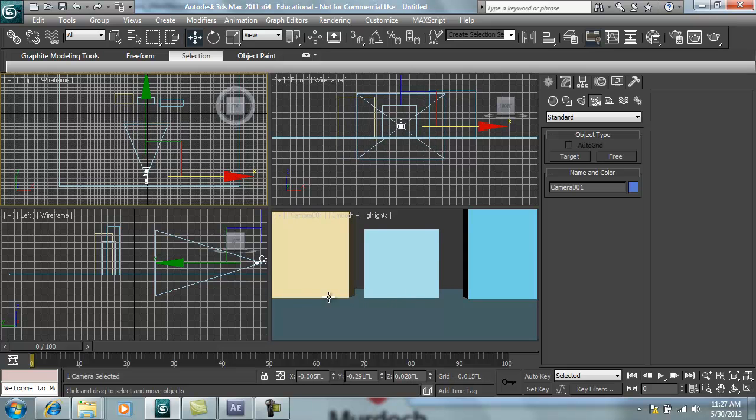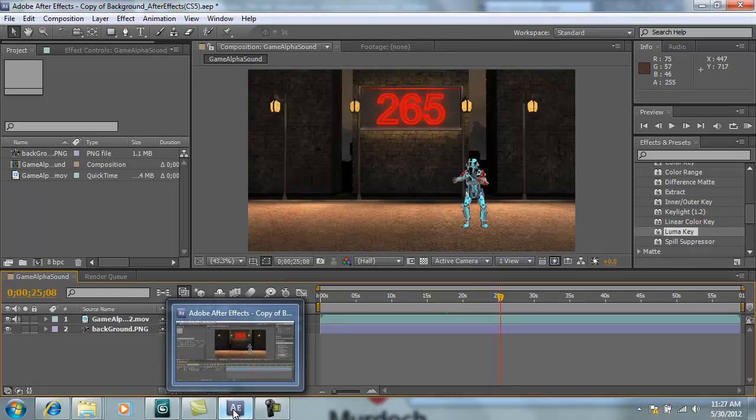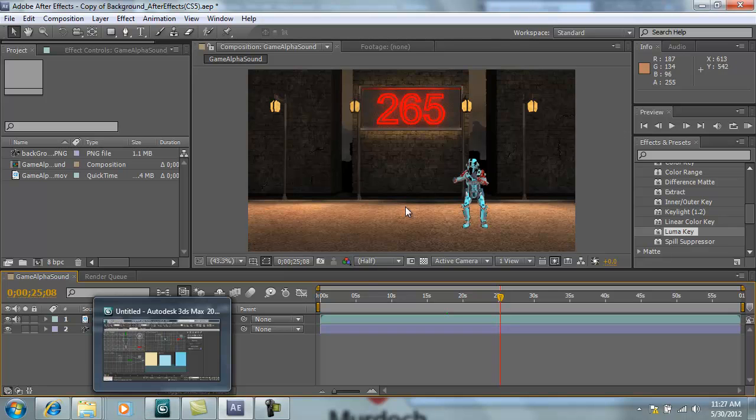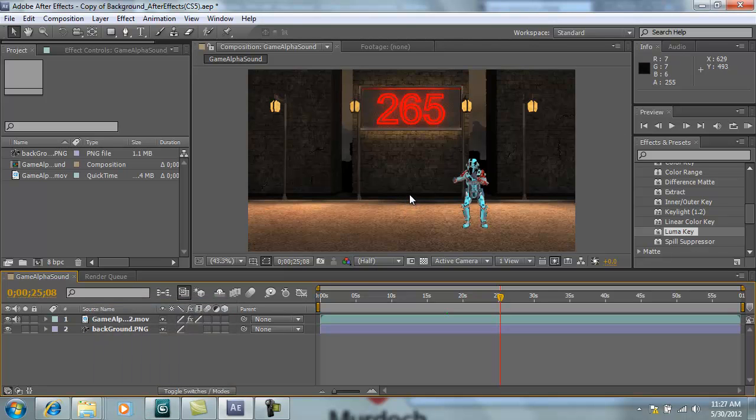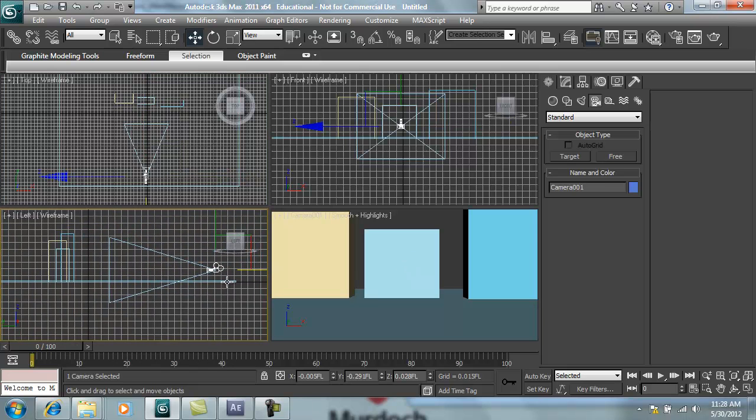Now this is very close to what I had in my background image here, the way that the camera is set up and the camera angle, but I just want to give a little bit more space in here. I just want to lift this horizon line, or the bottom of these walls here, just up a little bit. So I'll go back into my 3ds Max file, and in the side view I'm just going to hit E, and tilt the camera down just slightly,